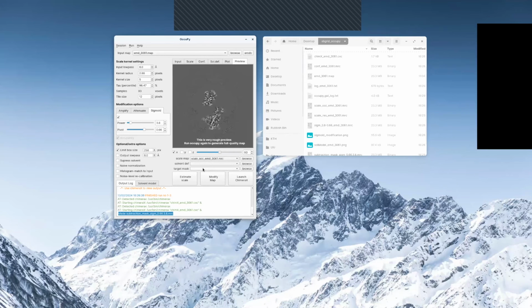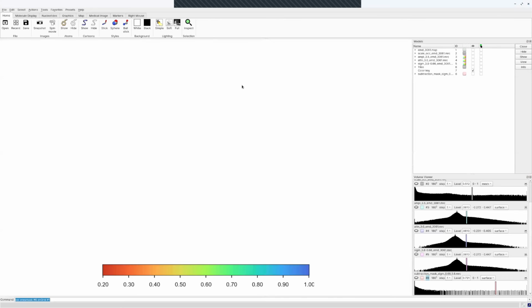But then let me also show you this target mask feature. When you provide a target mask, you are asking about the occupancy or the compositional heterogeneity within that small region. So again, let's have a look here.